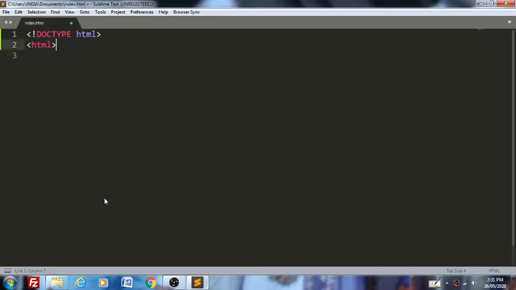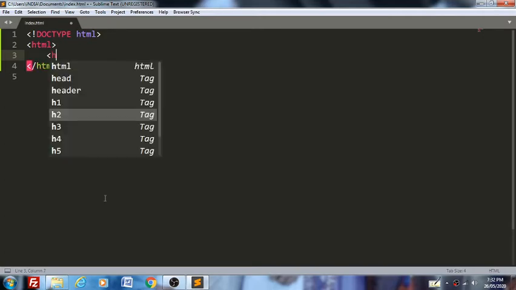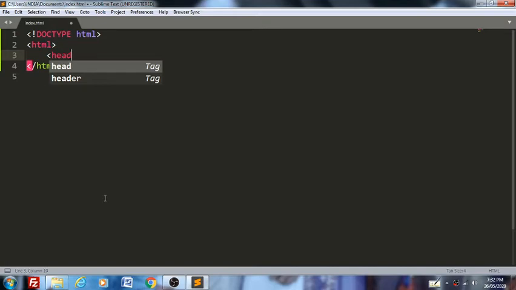This is the HTML starting tag. If we have to end this tag, we have to give a slash here. Press enter one time. Inside the HTML tag, we have to keep the head tag, the same way, close it and end it.